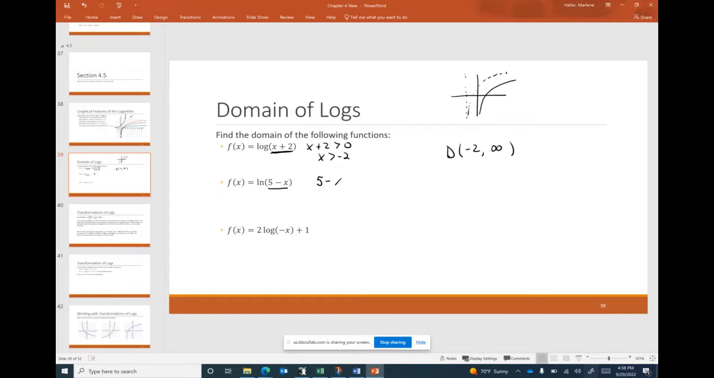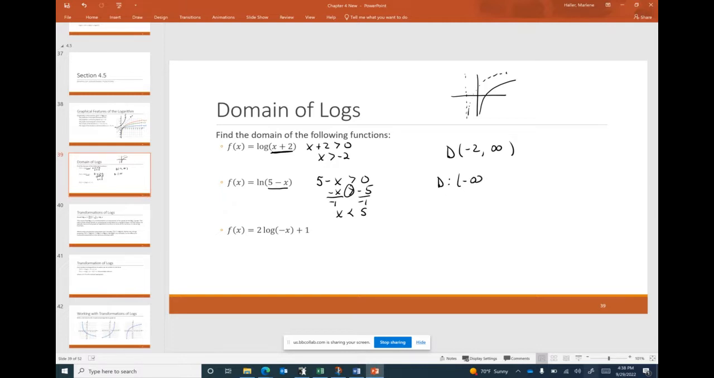I can say that 5 minus x has to be greater than 0, solving for x, right? So negative x has to be greater than negative 5. And then maybe you can multiply or divide both sides by negative 1. Well, when I do that, right, I got to flip that inequality, right? So then x is less than positive 5, right? So my domain here is going to be negative infinity